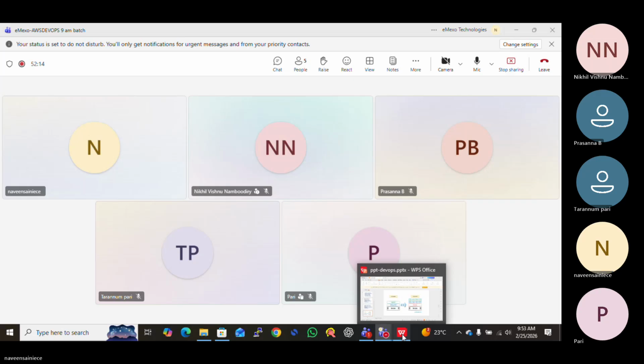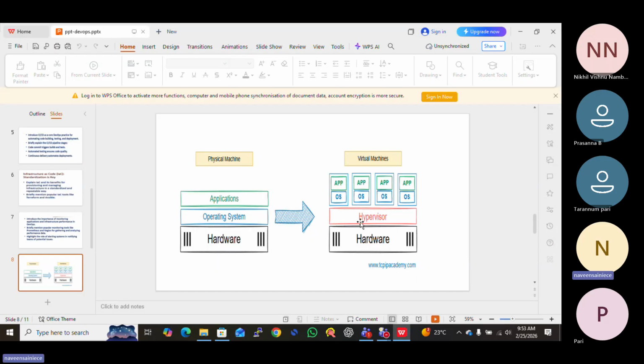A hypervisor we will use, and it will be installed on our operating system. Like in your laptop, Windows is installed, maybe Mac. There you will install OS-level virtualization.